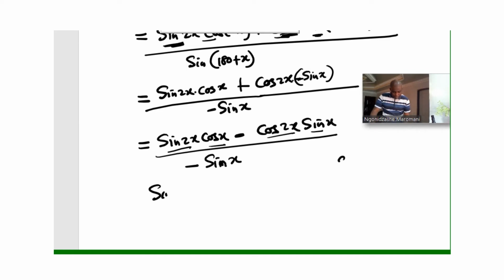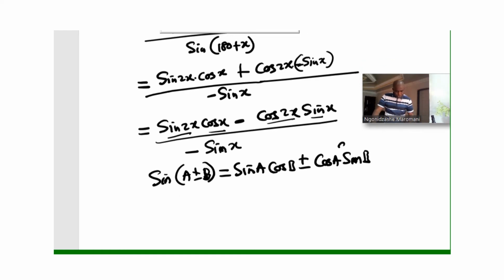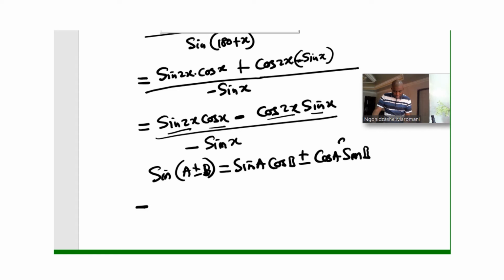It says sine of a plus or minus b is equal to sine a cos b plus or minus cos a sine b. So which means here, this now becomes equal to